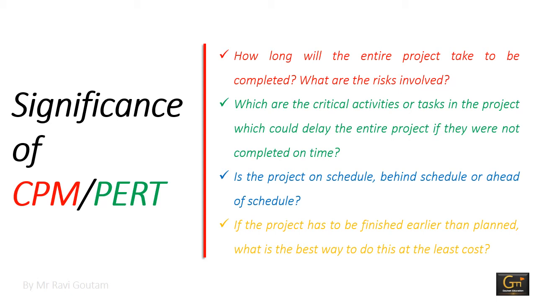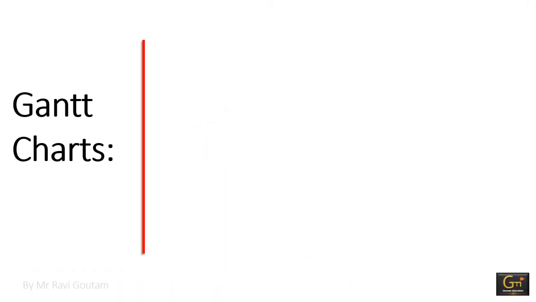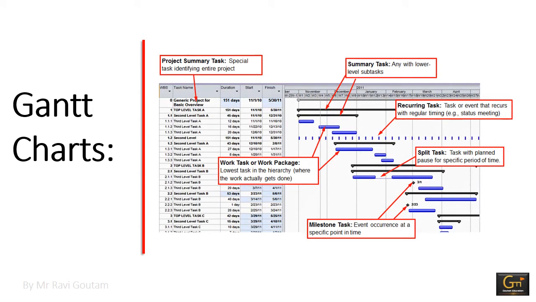Before we know about CPM or PERT, there is an important tool or method that is used to assign the work, known as the Gantt chart. We have already discussed the Gantt chart in our previous videos. Henry Gantt, after whom the Gantt chart is named, worked for the Department of Defense during the First World War. So the chart is widely used as a project management tool. The Gantt chart allows you to see start and stop dates for project tasks and subtasks.